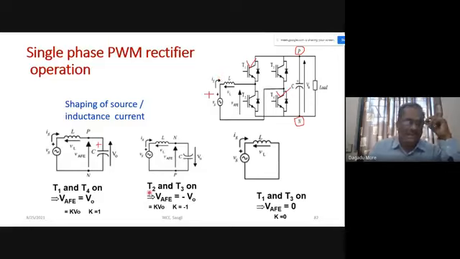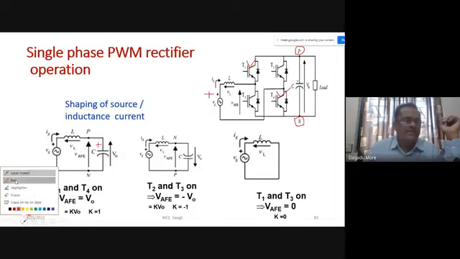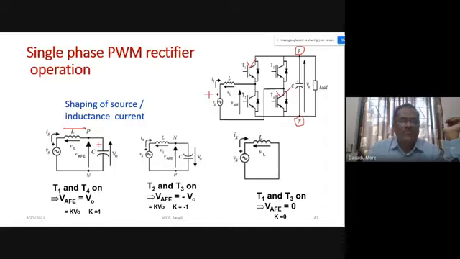So current is decreasing. Let us assume that our current is decreasing. So what will happen to the di by dt? Now current will be flowing this way, but it is decreasing, so the inductor will oppose this. So the inductor voltage will be positive here, and negative here. And the supply voltage plus inductor voltage, in our closed loop circuit, we can say that Vs plus L di by dt, since inductor current is decreasing, that will become equal to the